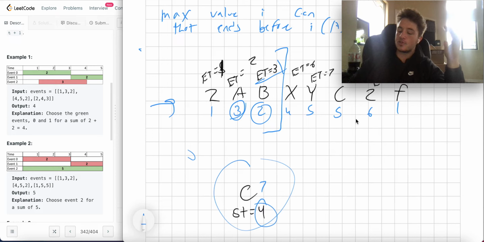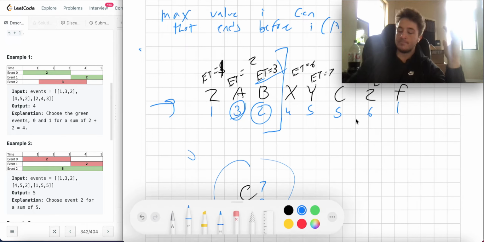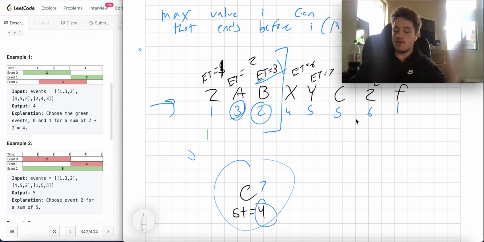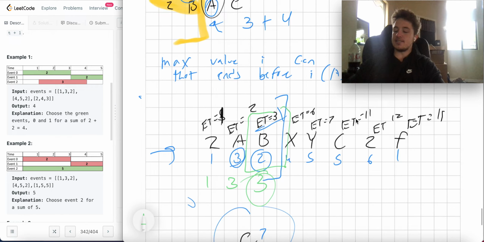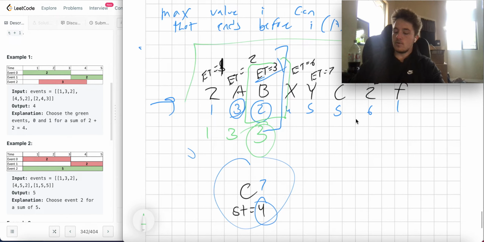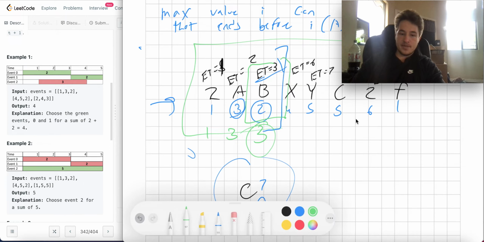So if I just keep track of the maximum score you can get from the left, then when I choose B, I can just choose this value 3. So that's as best as I can explain the solution. So then how does this become efficient? Well, since this system is sorted, since the end time is given sorted,